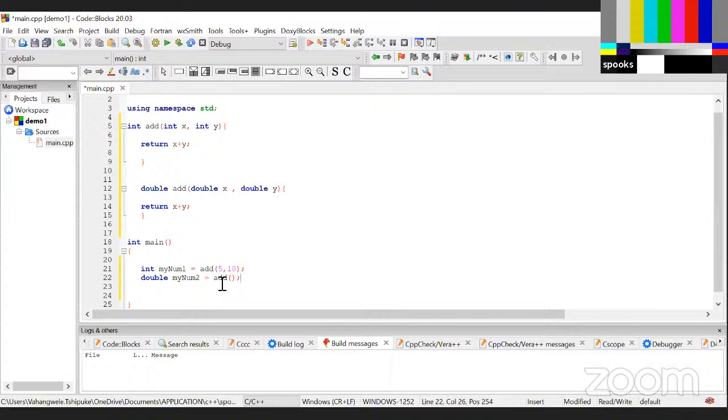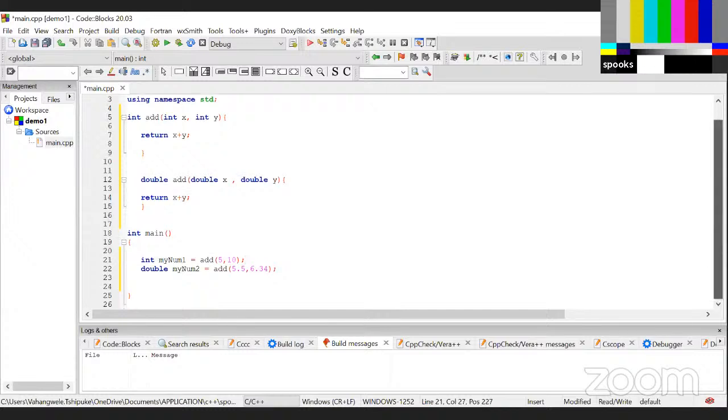Since here it's double, we can use, let's say, 5.5 as well as 6.34. Right, there we go. We've got those particular things in hand. Right now, I want us to continue and try to display the final answer of these two. So we all know we use